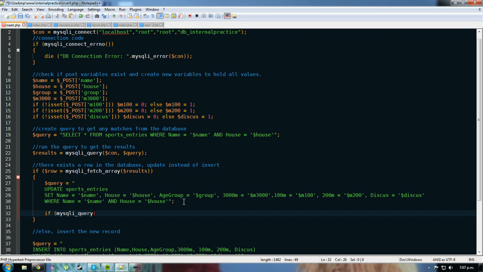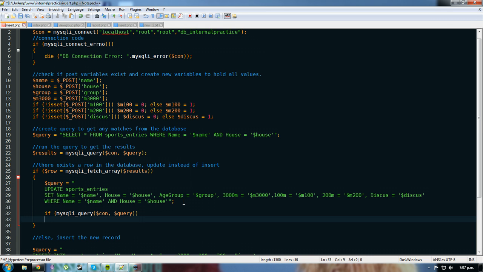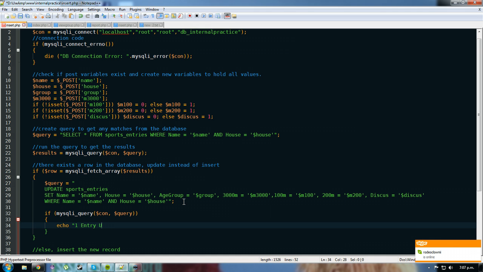I'll just demonstrate this way. $con, $query, echo, one entry updated, end line, else,